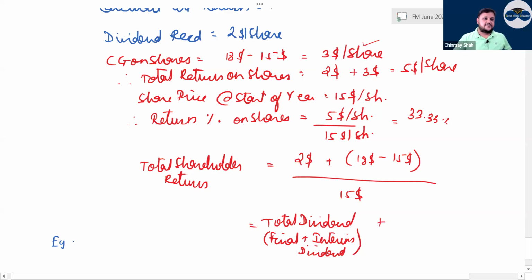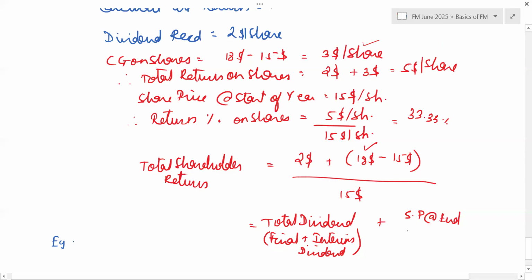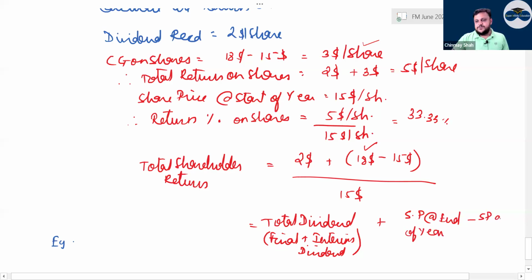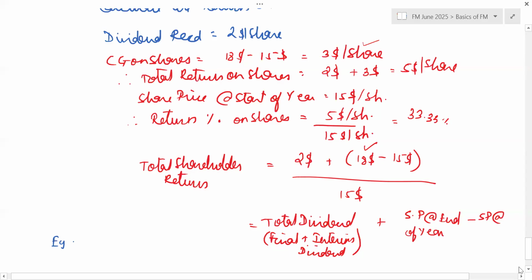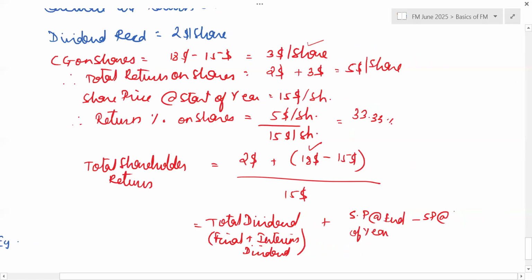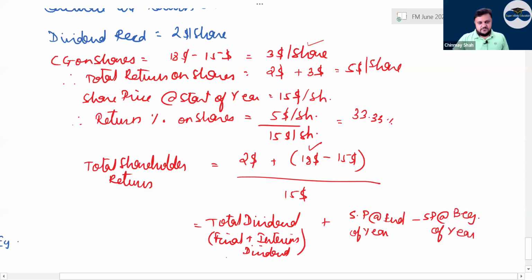Now it is the important part. Hear me out. What I am writing? Share price at end of year. $18 is what? Is it share price at the end or at the beginning? End of year. Minus share price at what? $15 is what? Beginning. Share price at beginning of the year. The whole divided by